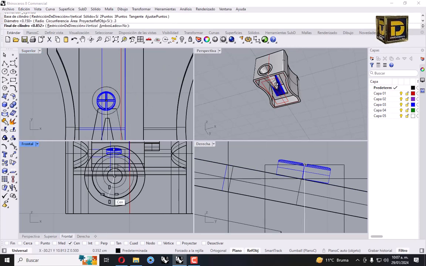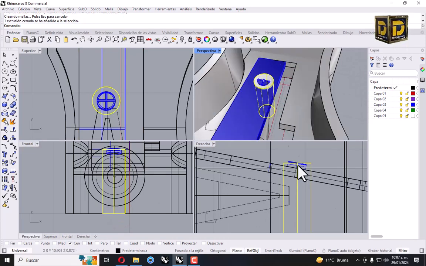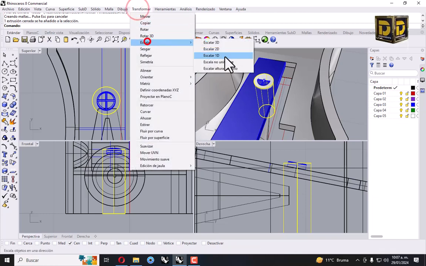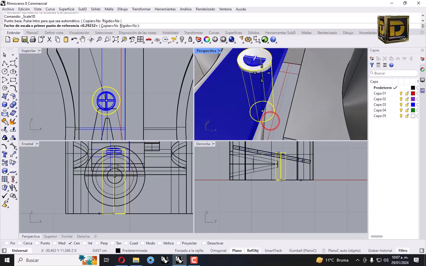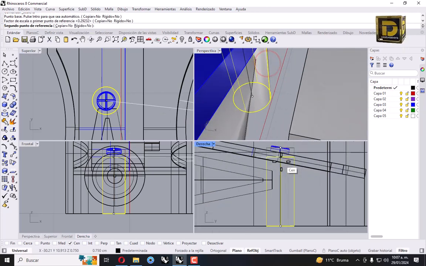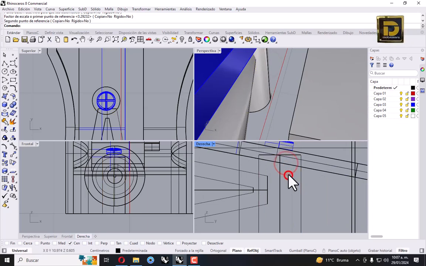Okay, and go to this center. Okay, if this piece is very big, you need to scale 1D from center. Let me select the center, and go here, for example.